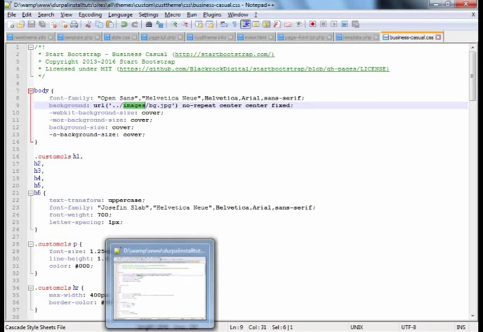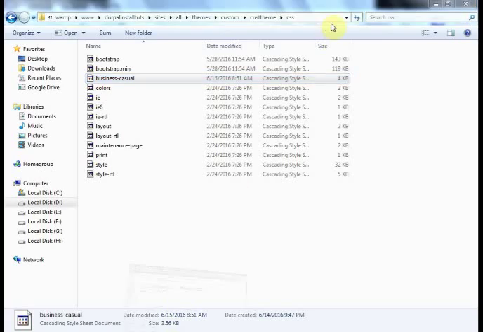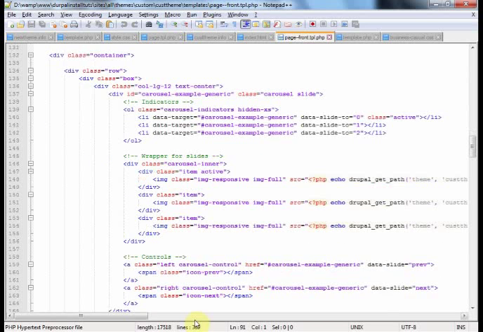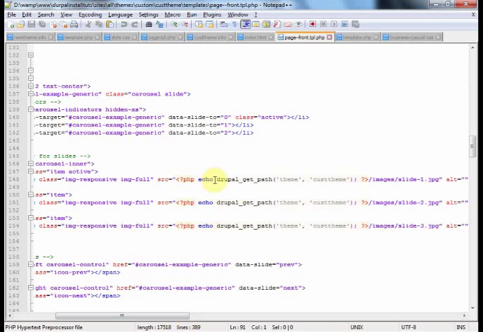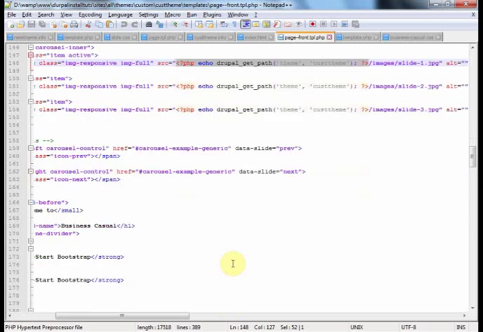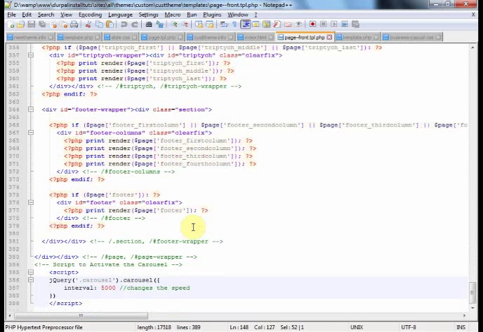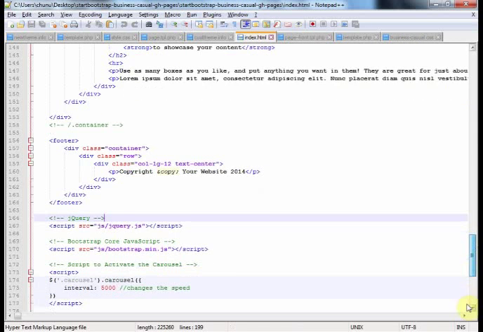And another thing you need to do is, when you go into the front page TPL, for the slider you need to write up this PHP code so that it can get to the path of images which you have just copied into the images folder. And also you need to write this script to activate the carousel. So basically in index.html it is